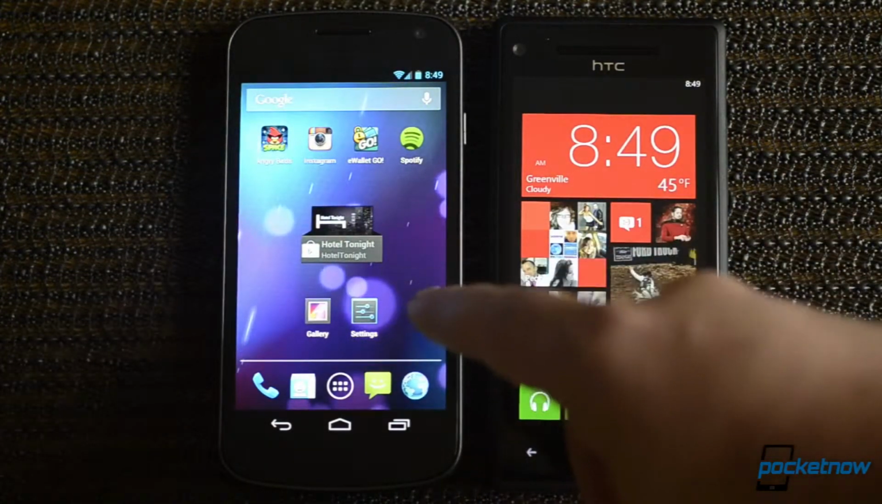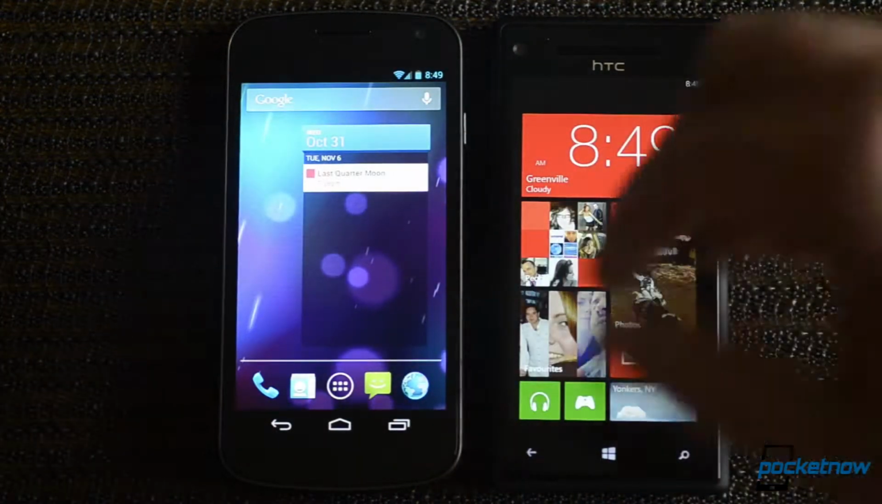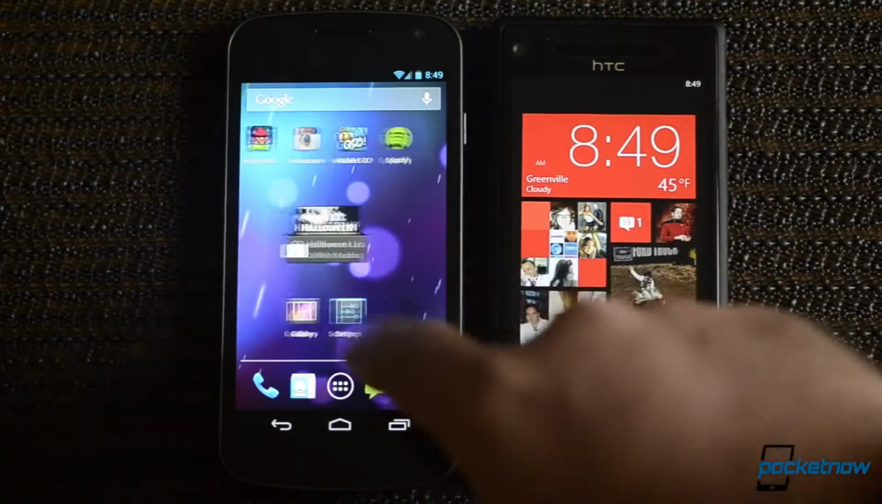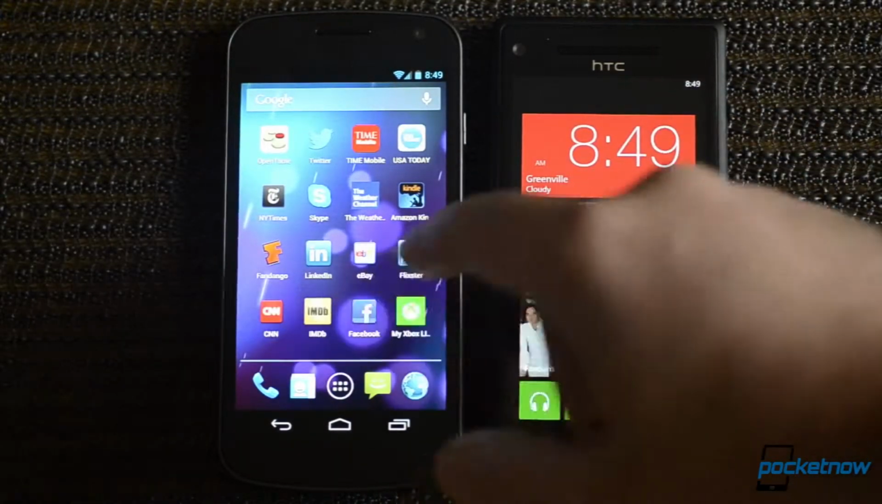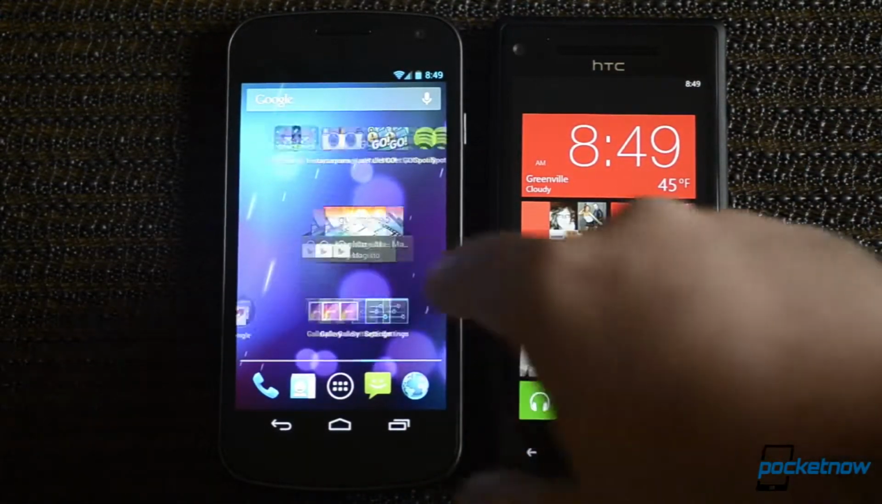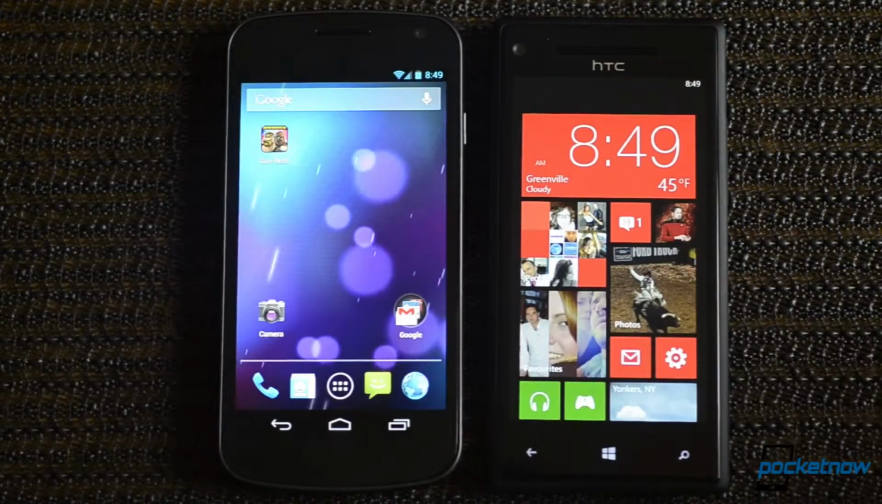There's another different size widget. So widgets can be all sorts of different sizes. And sometimes they'll fit, sometimes they won't. But you have a huge amount of customization options over there on Android. Now when it